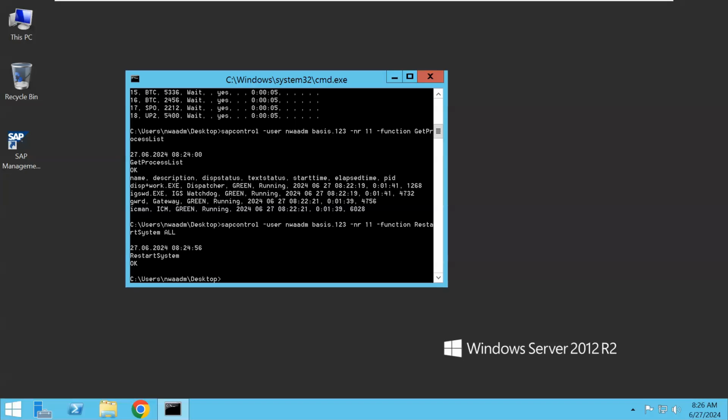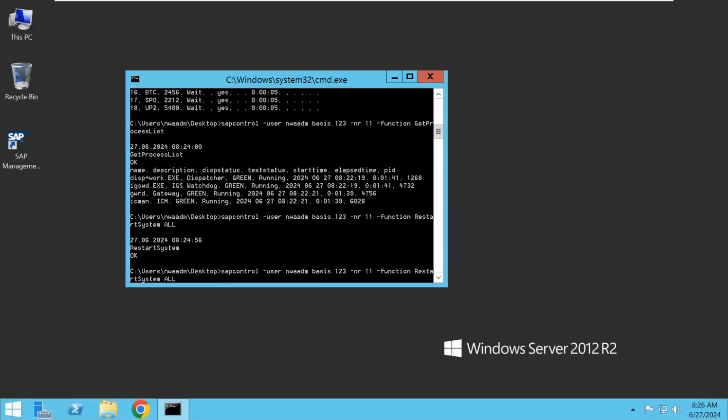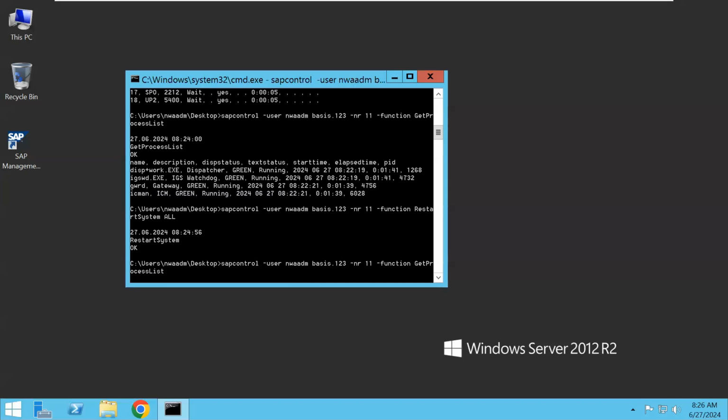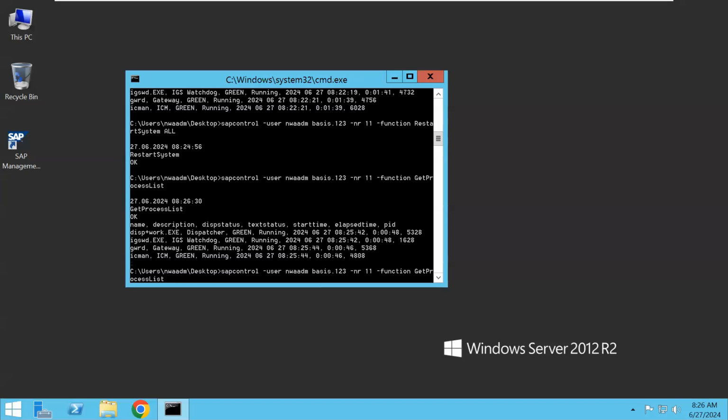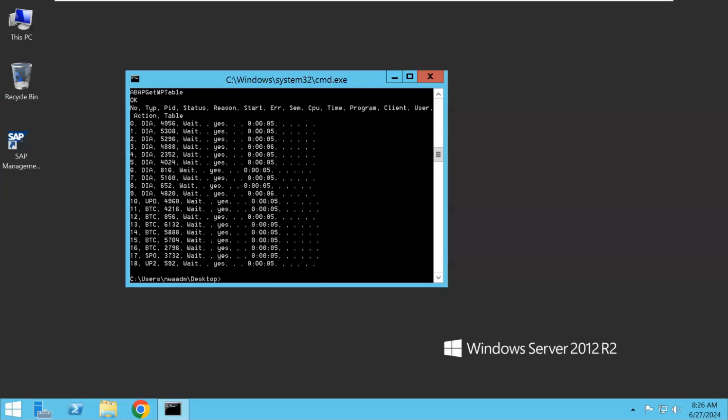Okay, up arrow, get process list, enter. Okay, started. Up arrow, ABAP work process table, enter. All started. Now stop. Stop means stop system wide means